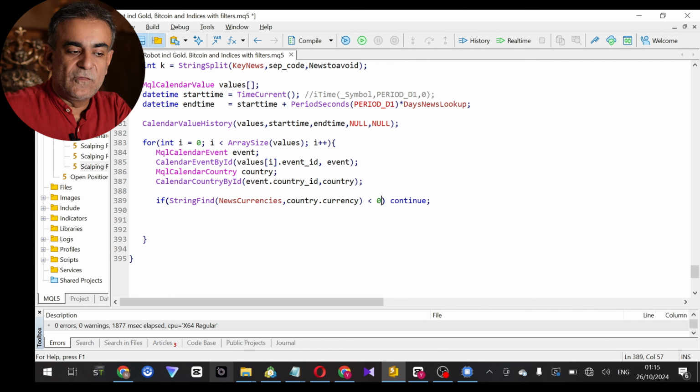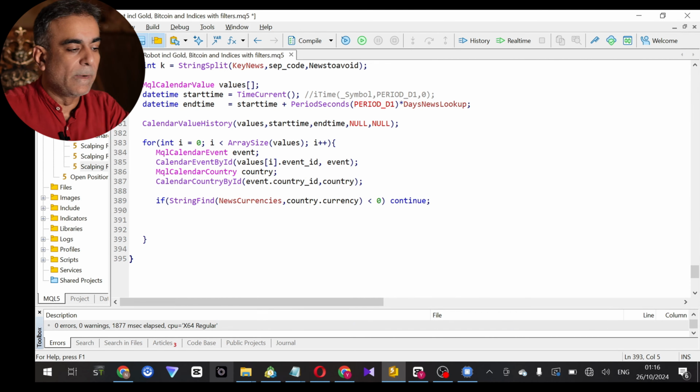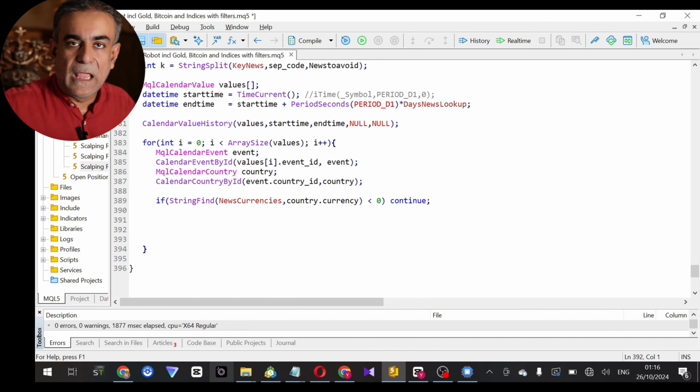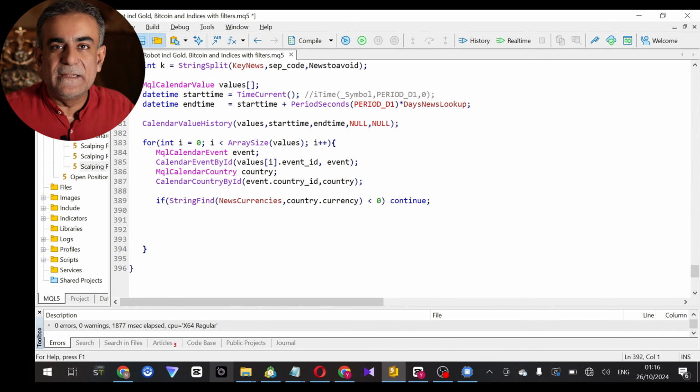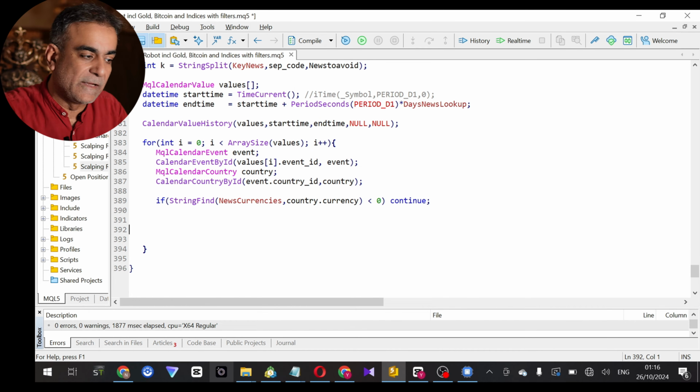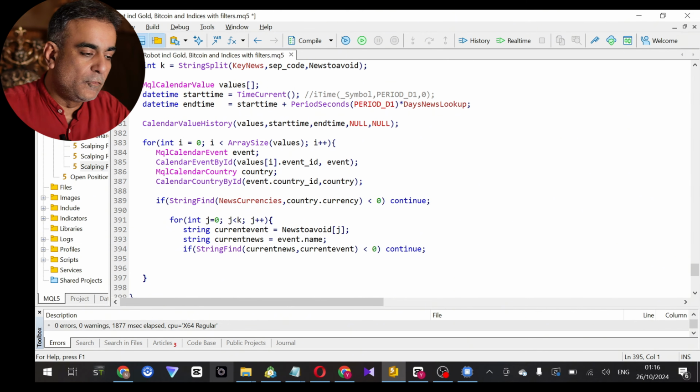And if the value is less than 0, meaning that you couldn't find it, then just continue, meaning go through the loop again. Don't do anything between here and here, come down here and then loop again. Because if it is, for example, Brazilian real, then I don't want to do anything with that news event. So just cycle through until you find a USD or Euro or GBP, whatever has been defined. And then if you do find that the